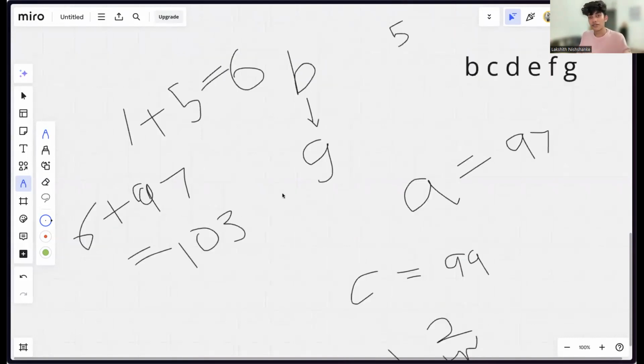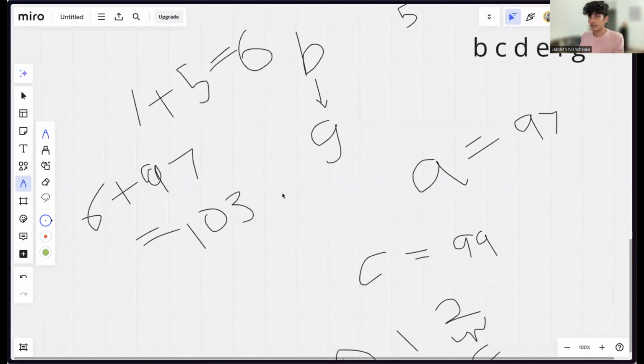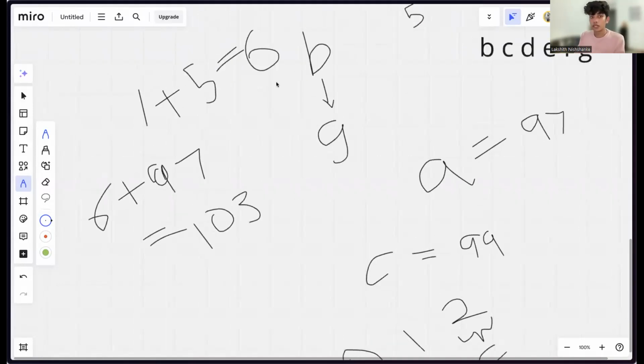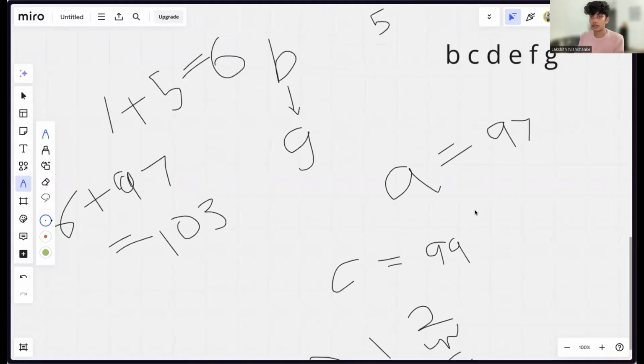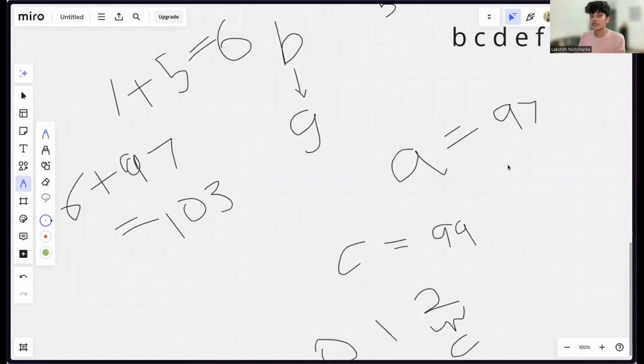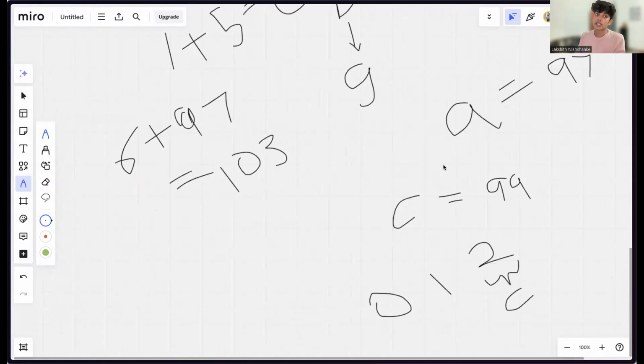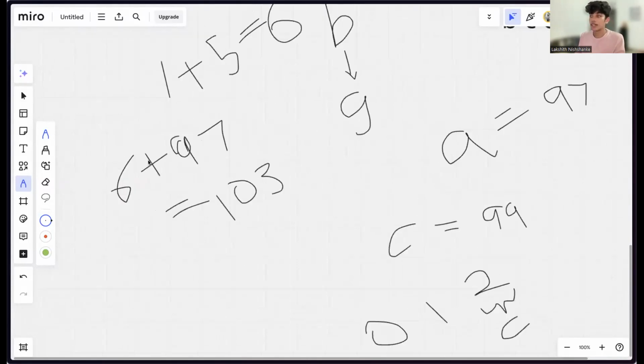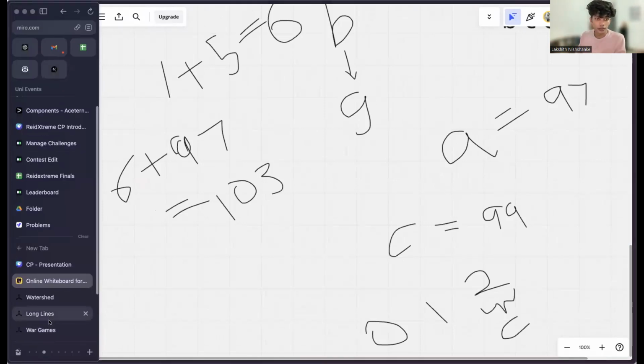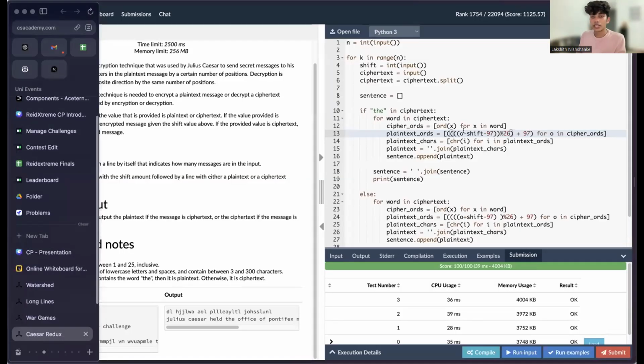So here's what's happening for each character in the input string. I'm going to get a Unicode number. Then from that, I'm going to subtract 97 and then I get an index in the alphabet. Then I'm going to add whatever shift we want to it. And then I'm going to convert it back to a character and get the encoded value by that shifting. Yeah, that's what's happening here.